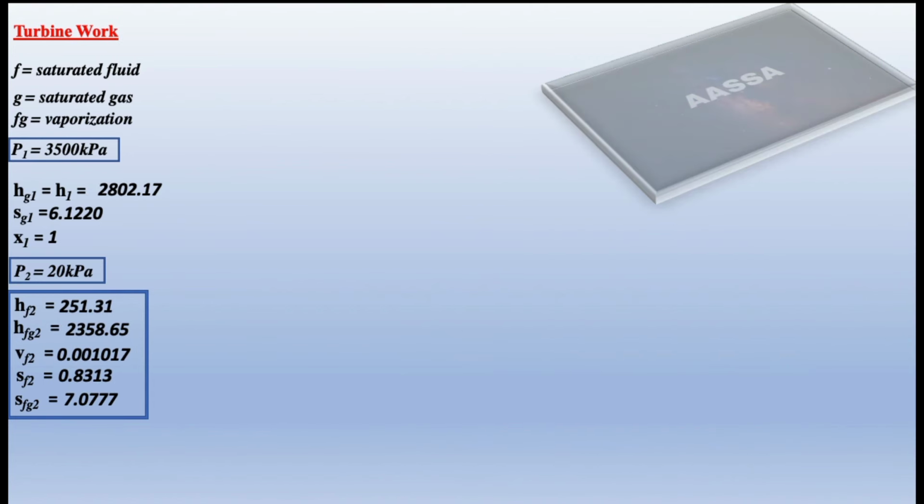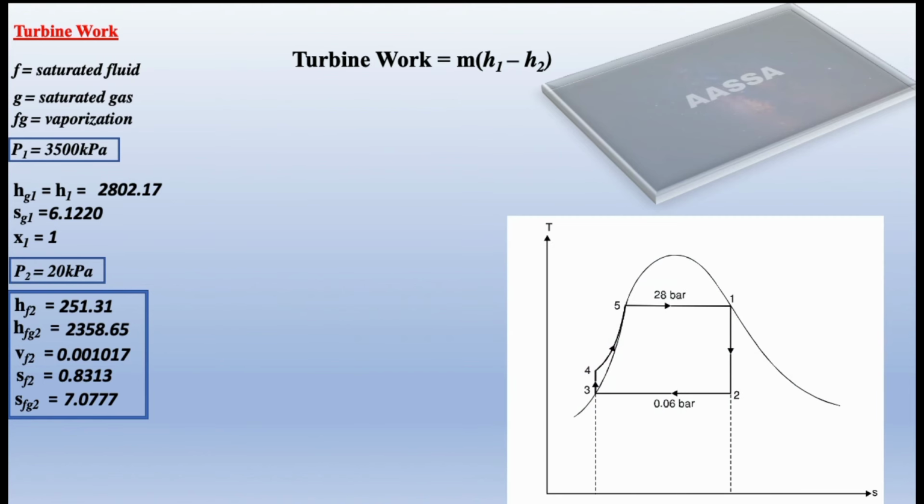Okay, so now we're going to go to turbine work. So turbine work, what is turbine work? This one is going to include state number 1 and state number 2. So it's going to be H1 minus H2. So let's write the formula, but we're going to include the mass because we're going to need the volumetric mass flow. Okay, so that's m, but you can write m with a dot on top of m. That is the format for mass flow rate. Okay, so now from here, as you can see, our state number 1, we have it, and we have H for state number 1, which said it's HG. But what is H2? We don't have H2,